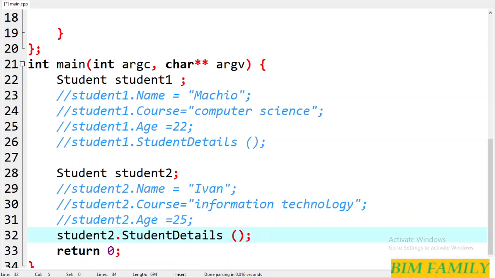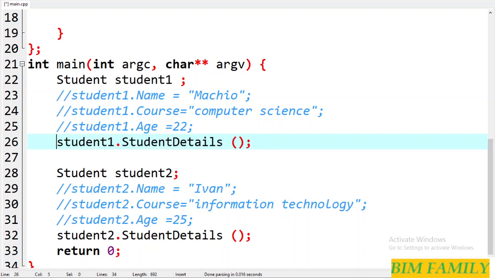Actually we don't need to comment out this, we need it. So we shall say this will be equal to the name of the constructor, which is